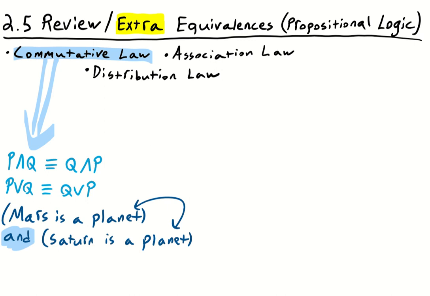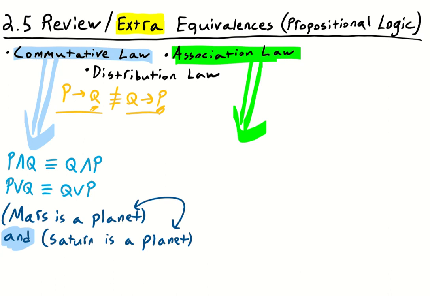The content hasn't changed. However, the conditional, the if-then, is not symmetric, and that's exactly why it's not commutative. If P, then Q is not logically equivalent to if Q, then P. If Q, then P says something entirely different than if P, then Q. For example, with that sentence, P is necessary for Q, but in this sentence, Q is necessary for P. They're very different. Now, since order doesn't matter with conjunctions and disjunctions, we should suspect that the association law also